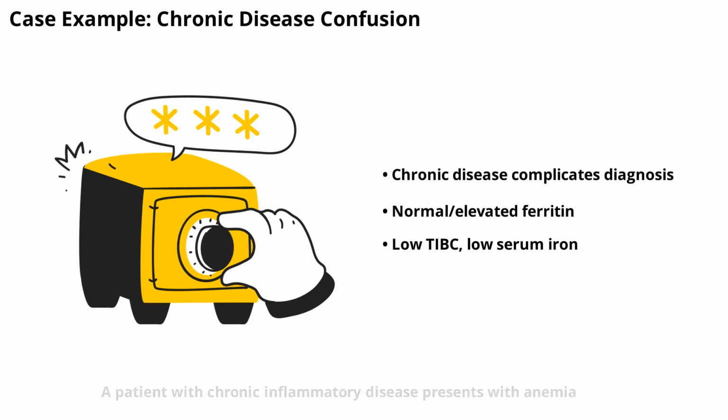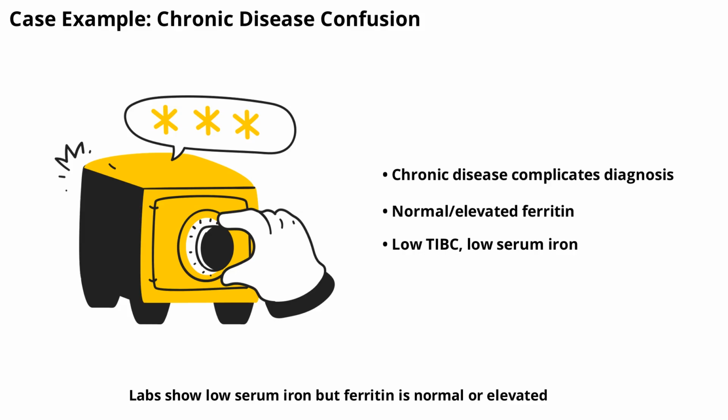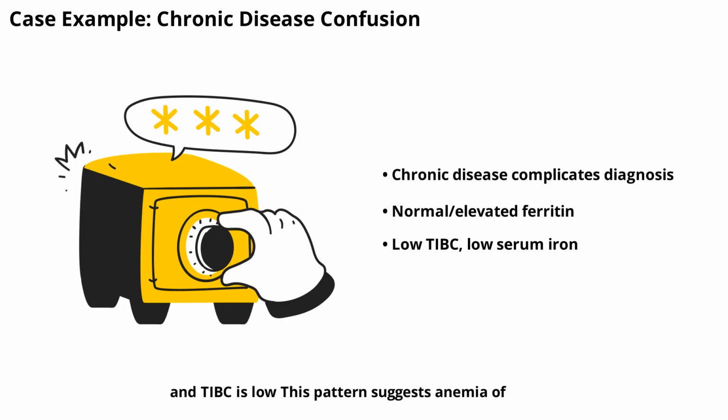A patient with chronic inflammatory disease presents with anemia. Labs show low serum iron, but ferritin is normal or elevated, and TIBC is low. This pattern suggests anemia of chronic disease rather than iron deficiency anemia, highlighting the importance of interpreting all test results in